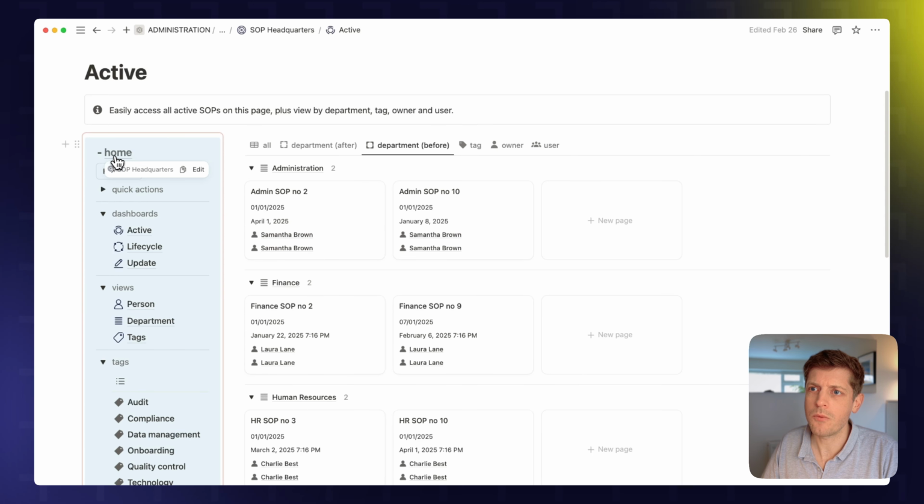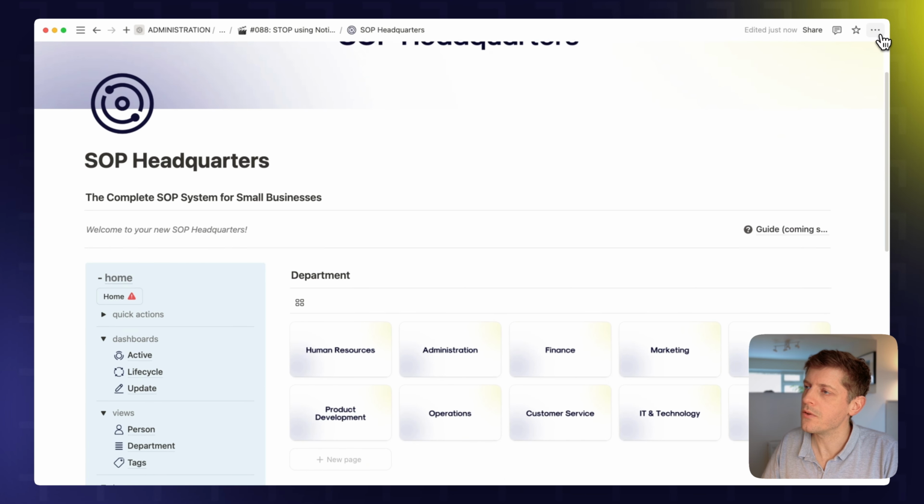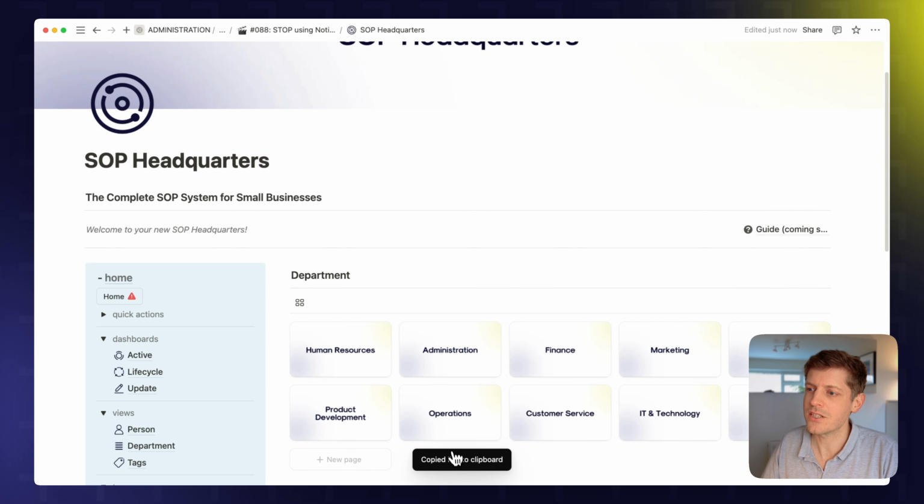If I go back to the home page, on the top right, you can see that we've got 3 dots, and then we can click and we've got copy link. And this is going to copy a link to this page. So I'm just going to press on this one, and it now says copied link to clipboard. We can also do this using our keyboard. So I can just press Command on my keyboard and L, and it does the same thing, copied link to